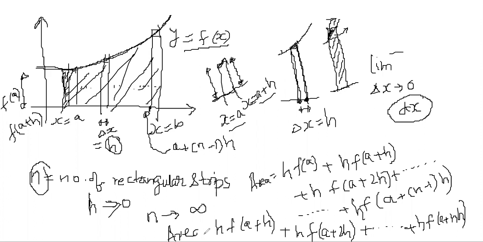In such a situation, you can understand that you are taking the bigger rectangle. In the previous situation, you are taking the smaller rectangle. But when you calculate both of them, they will give the same value, if you are taking the condition that h is tending towards 0 and n is tending towards infinity. So you can proceed by either of them. We will proceed with the first one and we will try to change it into an integral. So just write it till here.